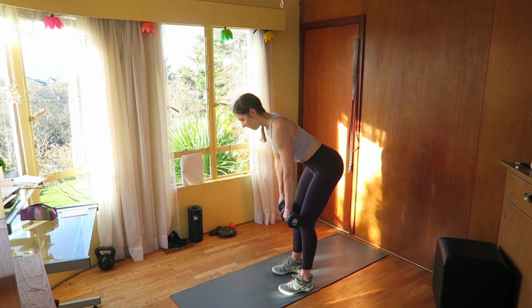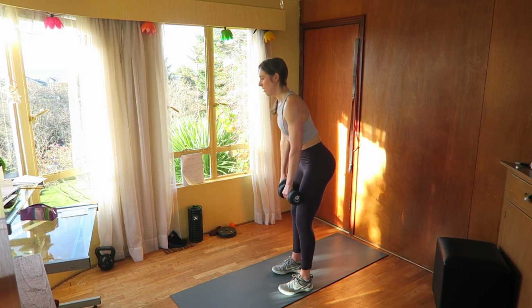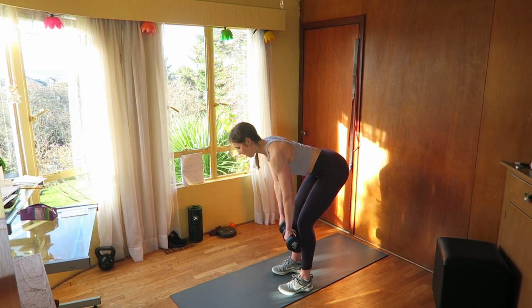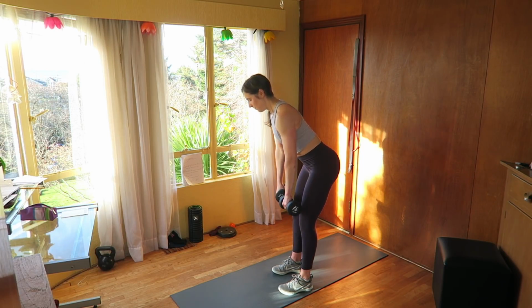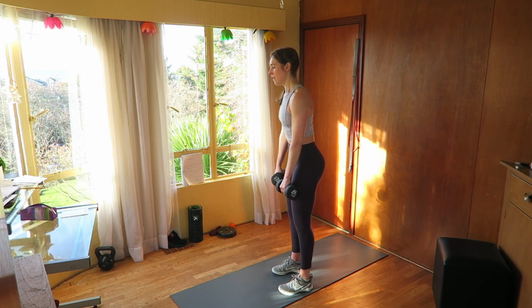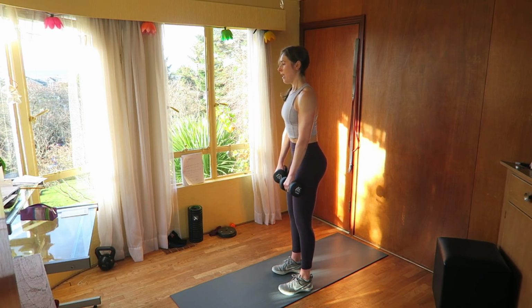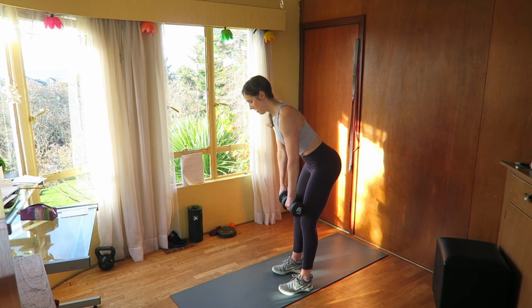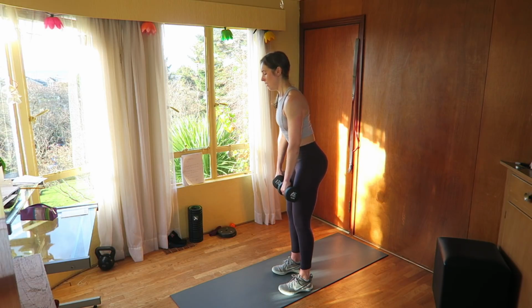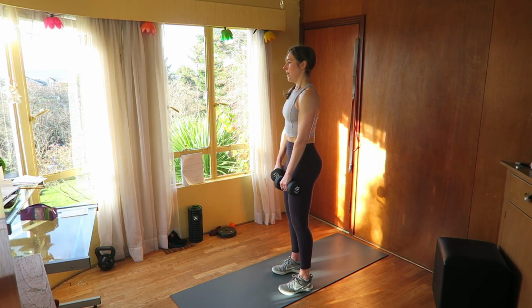One. Make sure your neck is staying neutral. Two. A lot of people crane their neck and look up. Don't look up. Three, four, five, six, seven, eight, nine, ten, four more. One, two, three,